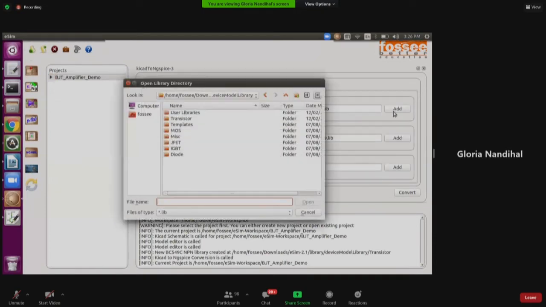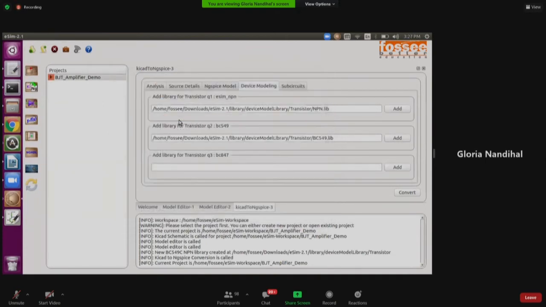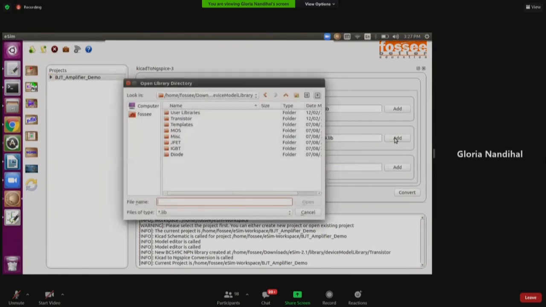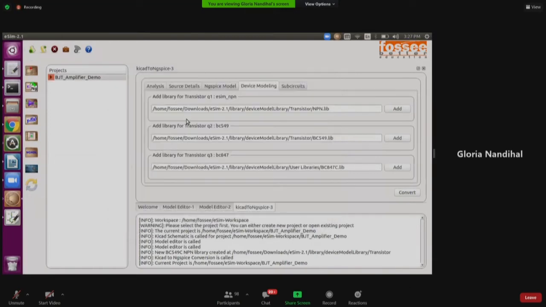So the one device model added from the NPN, okay. The other one which we created just now, BC549, and the BC847C which we also created just now under user libraries, right?